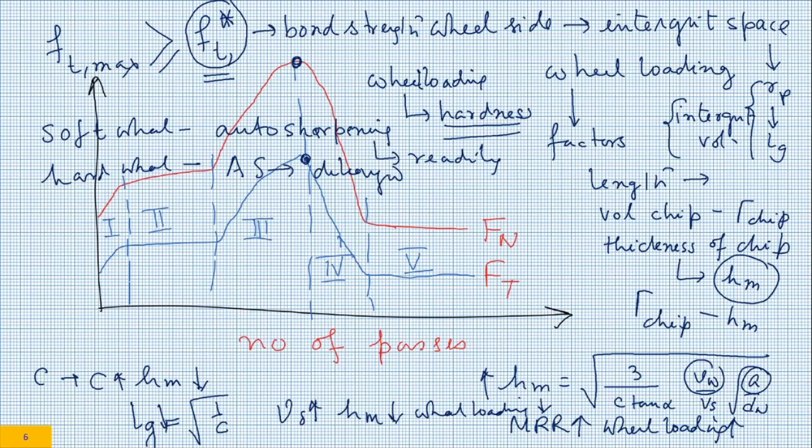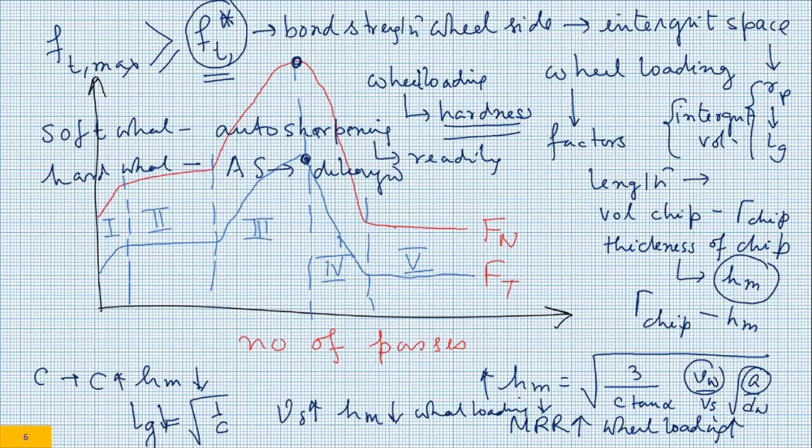Why? Because if wheel loading takes place, forces will go up, specific grinding energy will go up, temperature will go up, and you would have the problem of high temperature. Because of high temperature, more wheel loading will take place, temperature will go up further, and your product quality will deteriorate, because as such in grinding, workpiece temperature is very high, and if the temperature goes up further, you would have crack, you would have tensile residual stress, you would have redeposition on the surface, and ultimately in the final stage, your workpiece would not be acceptable.